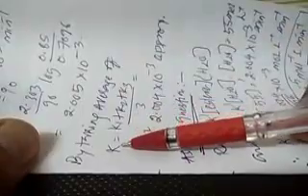Now we have to calculate the average rate of reaction. So K is average of this. So K is equal to K1 plus K2 plus K3 divided by 3, and ultimately we get K is equal to 2.004 into 10 to the power minus 3.